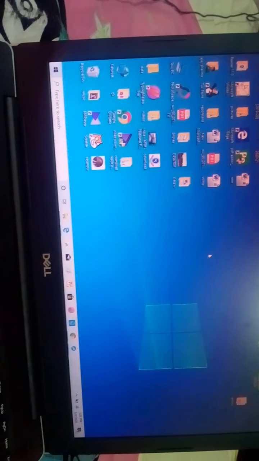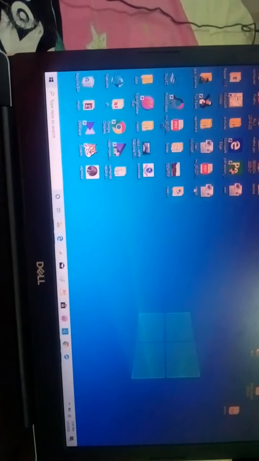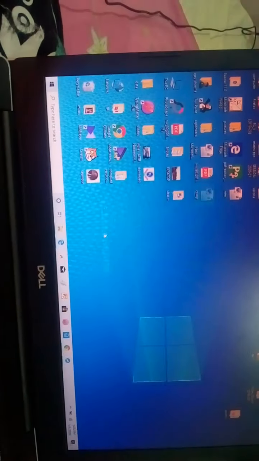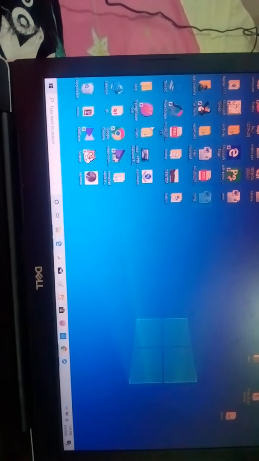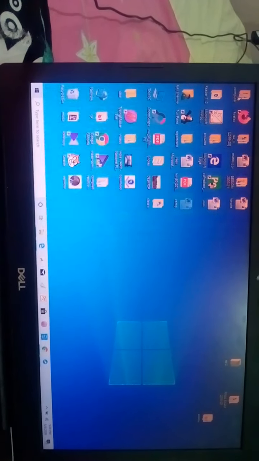And if you use the cut and paste option, as you can see, I cut the comp file, right click and choose the cut option, and I want to paste this file in this folder, computer.